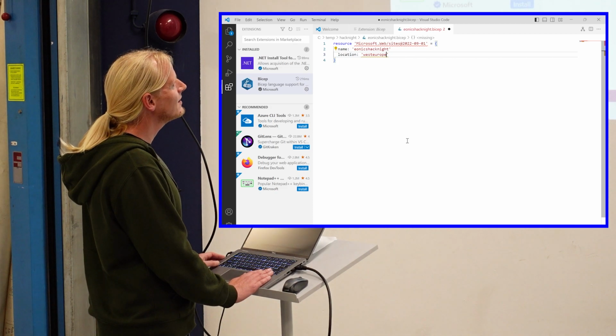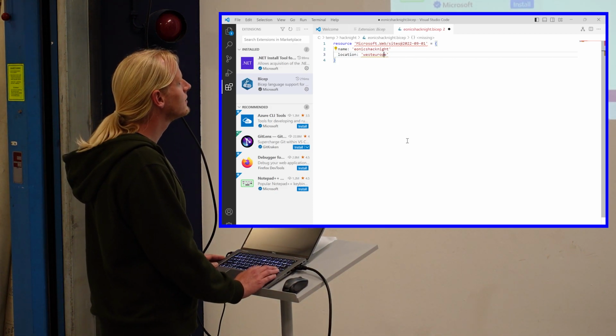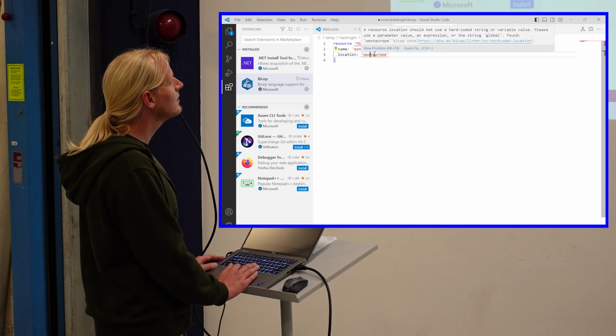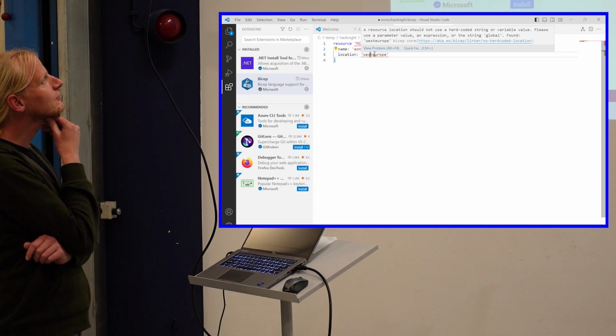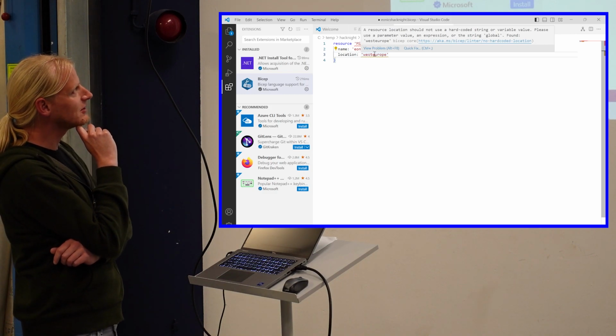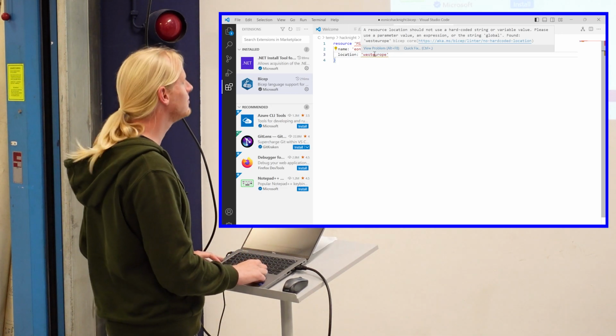You see it gives a few squiggly lines here and there. We can first see this one. It's actually a warning. So what's the problem here? A resource location should not use a hard-coded string or variable value. Please use a parameter. So it's already trying to be clever. It says you shouldn't hard-code this. It's better to be a parameter.